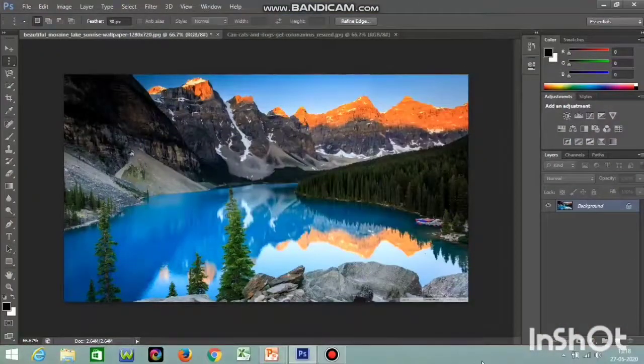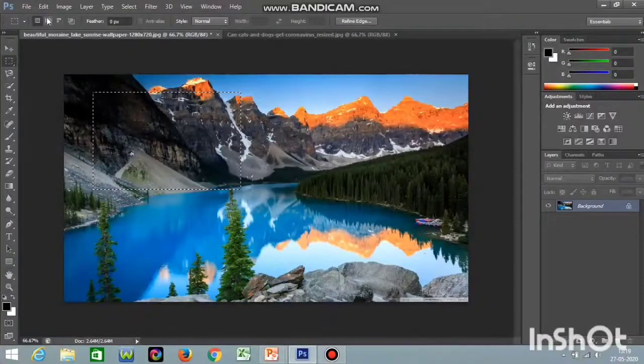So this is the image which I have already kept open. So this is the place where you find your Marquee tool and rectangular Marquee tool. I'm just choosing the rectangular Marquee tool. By default, this is the option which will be selected, though as I was working on it, the options got changed. So by default, it will always be the first one, normal option, which will be selected. And I'm just using this one to select a particular section.